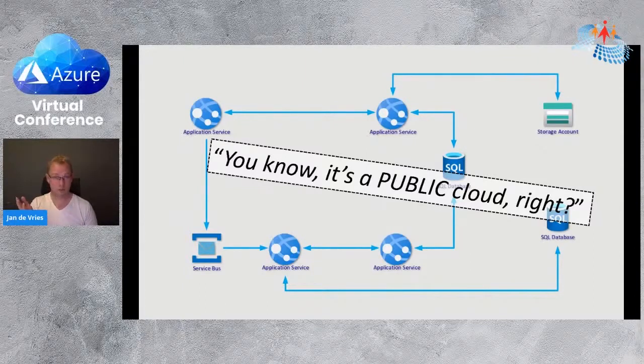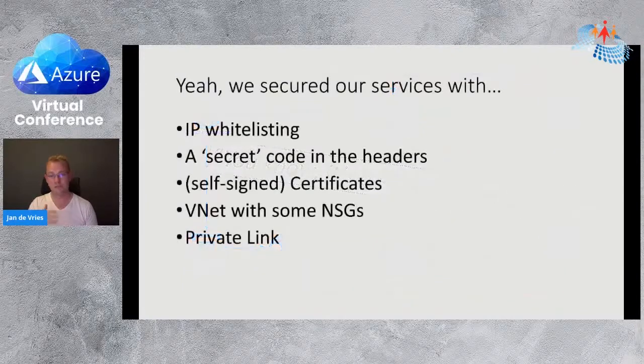So, it's public cloud. Sometimes, if I'm lucky, they say, yeah, we've thought about it. We've done IP whitelisting on our backend services. So only some services can connect to it. Only our Azure services can connect to it. Okay, it's a start. If I'm less lucky, they say, yeah, we're sending in a secret passcode in the headers